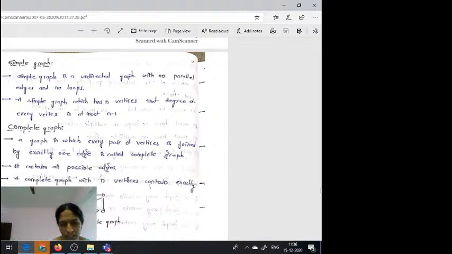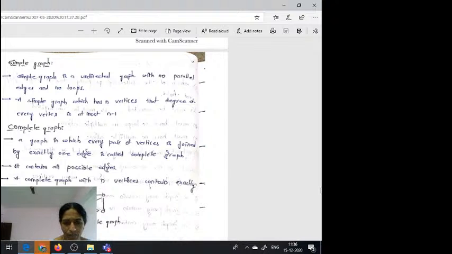How many vertices are there here? 5 vertices. That means the sum of the degrees is 5 into 4, that is 20. 20 divided by 2 means 10. This is an undirected graph, so the total number of edges possible is n